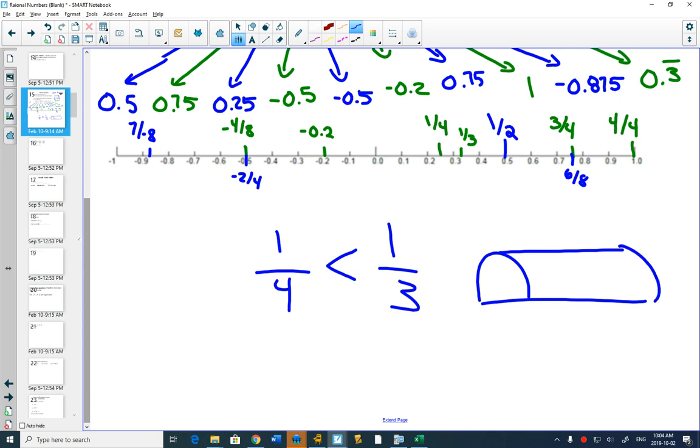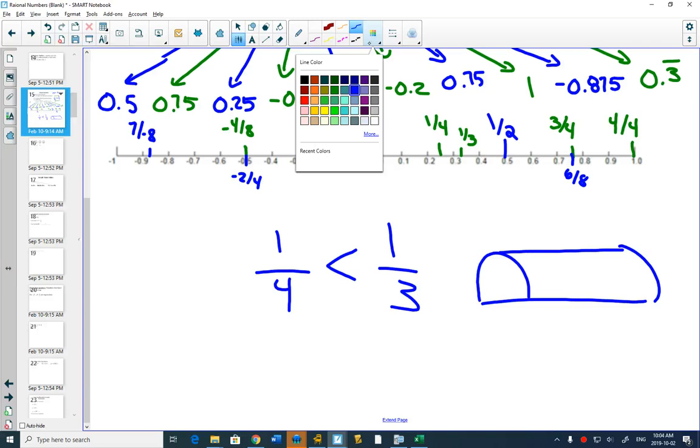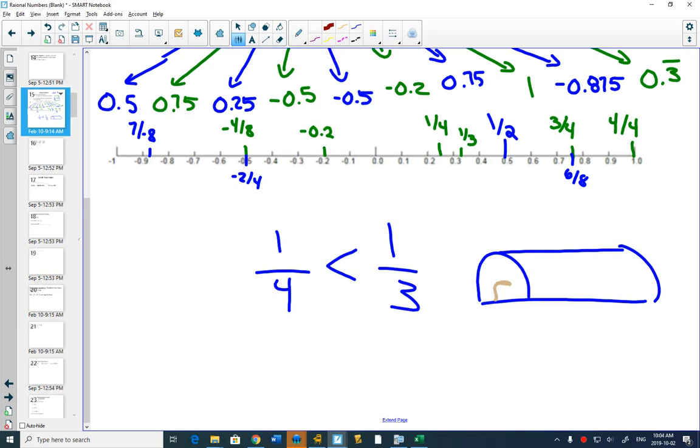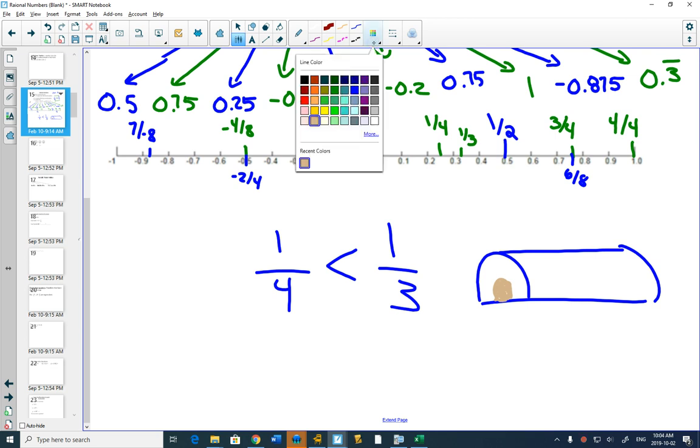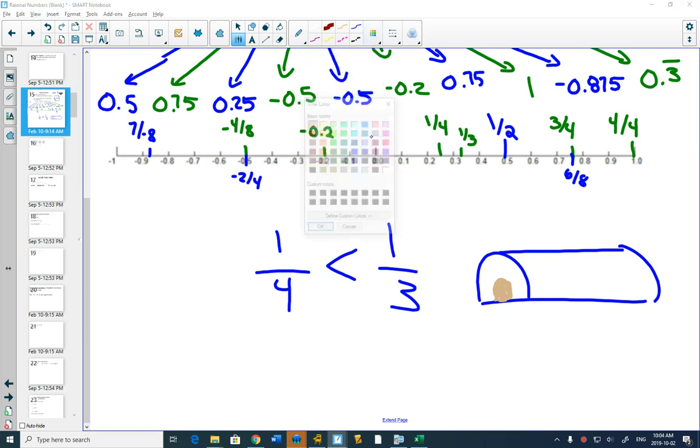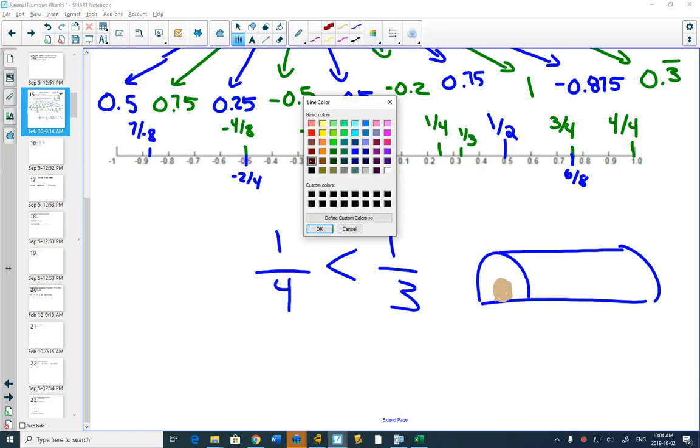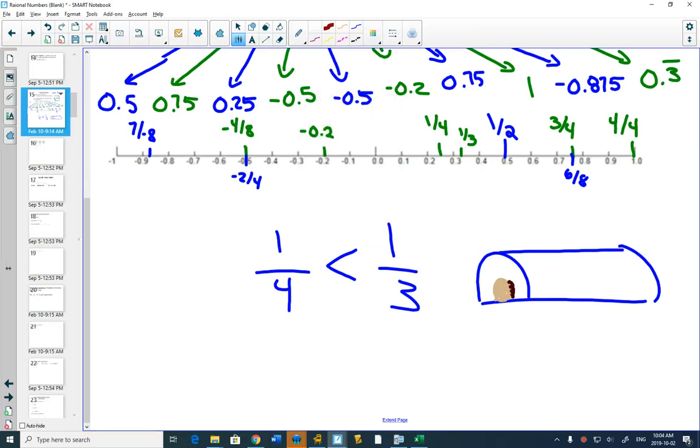Sorry, I have to add some detail here. There's chocolate ice cream in there, right? And then they've got that fudge around it. Oh, now I'm getting hungry right now. Okay? So the question is,